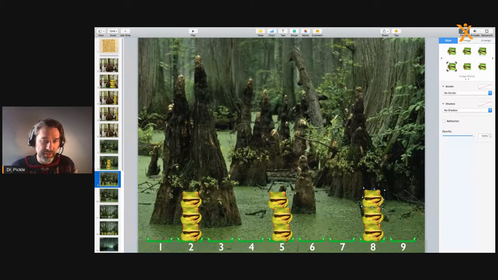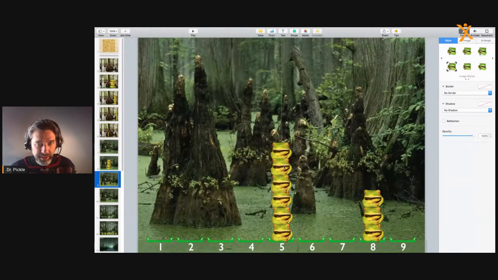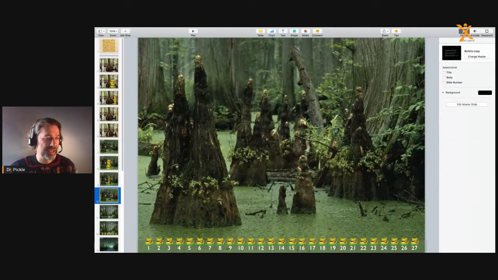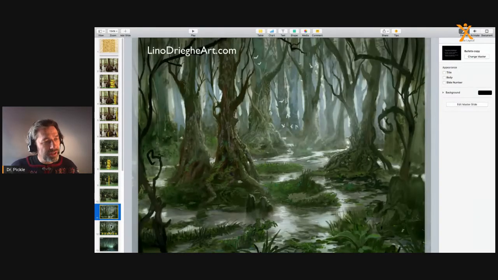We can also do it so this looks very much like the 3 frog problems. We can go like this, and we can go like this. Okay, and then of course we could do 27, 3 times 3 times 3. Okay, but your question of can we do this for